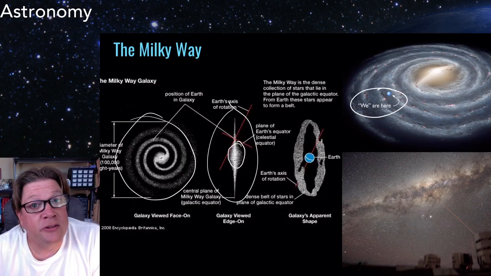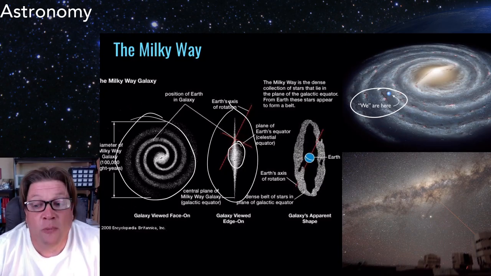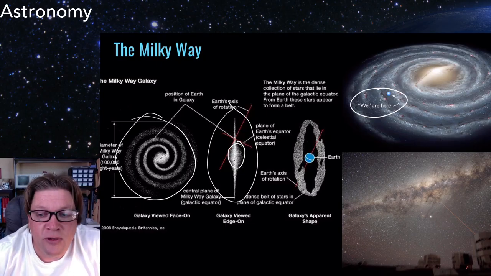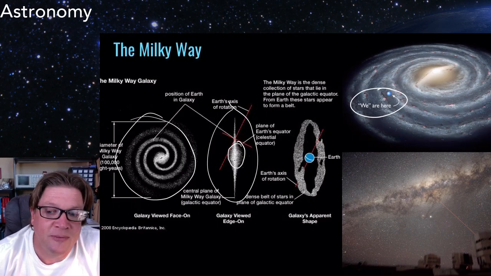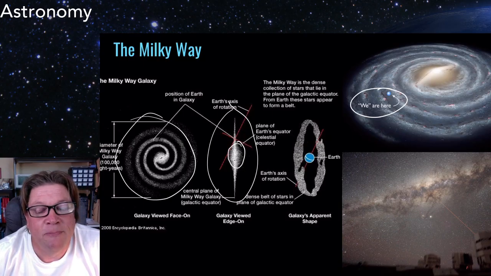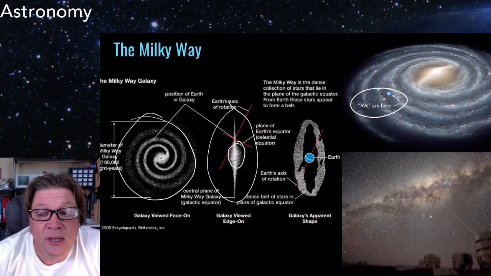If you go to a dark site, this is not clear to a lot of people these days. It was to people in the old days. But if you go to a site without any city lights and you look up, you can actually see it. You can see the enormous galaxy that we're embedded in, which is a cool thing. But it has to be pretty dark because the Milky Way itself is fairly dim. It's a gigantic object and there are lots of clouds of dust and gas in the way. But if you go to a really dark site, about an hour outside of the city in any direction, on a nice cloudless night,